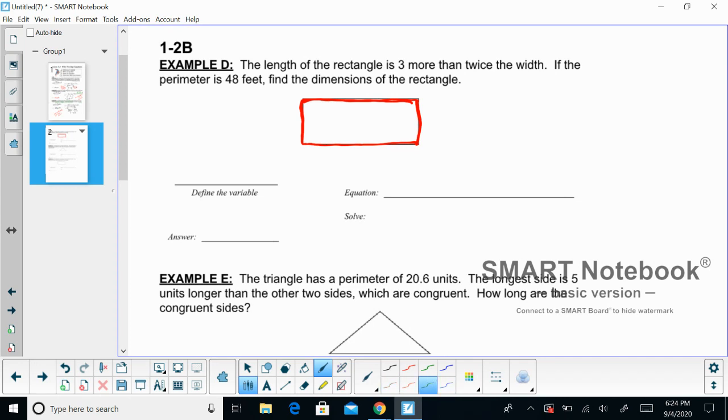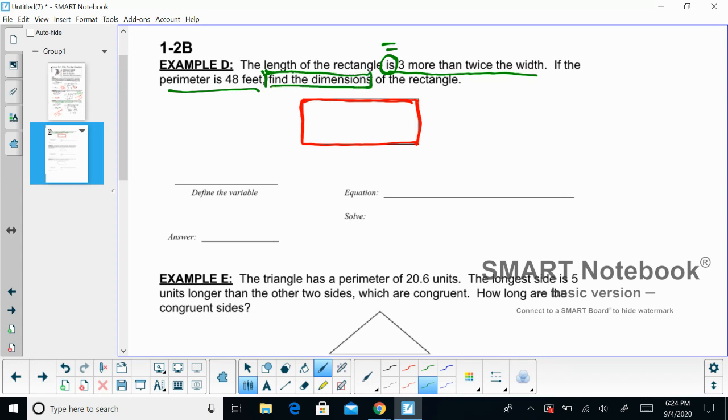We're going to start the same way. We're going to read the problem, see if we find any important information. So we have the length of the rectangle is 3 more than twice the width. So my length is 3 more than twice the width. Now remember I told you what "is" means? It's the same as equal. If the perimeter is 48 feet, so we know our perimeter is 48 feet, we're supposed to find the dimensions